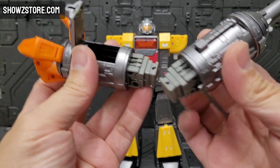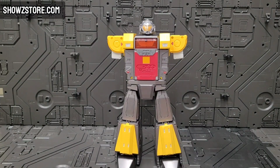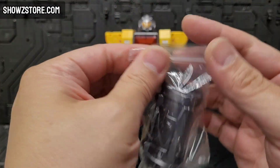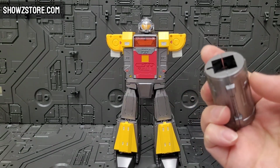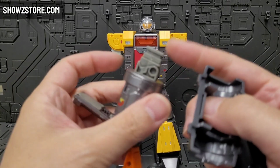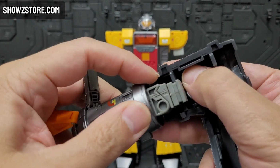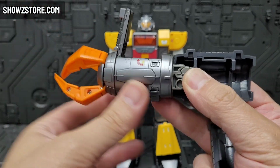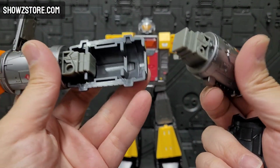Normally you're supposed to connect these two together and they become the rocket, but he does come with this additional accessory that I can actually show you right now. This is just to extend the rocket, so to speak. This thing just pops open, and while you still have the elbow connectors fully extended, you're just going to slide this bad boy in here. And then you're going to get the other one and